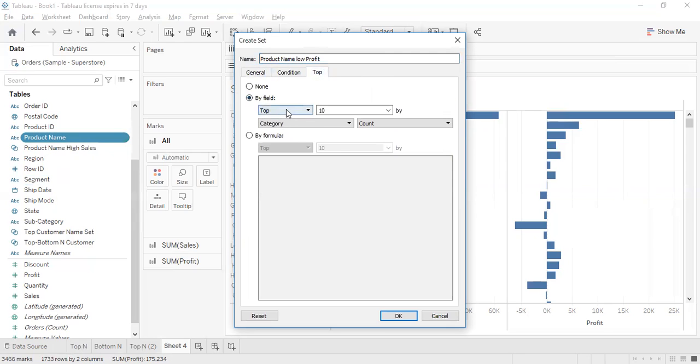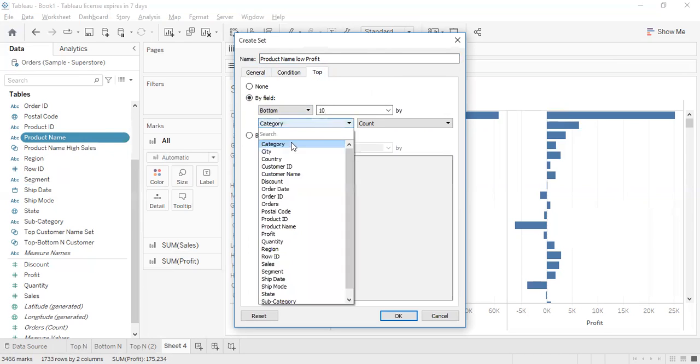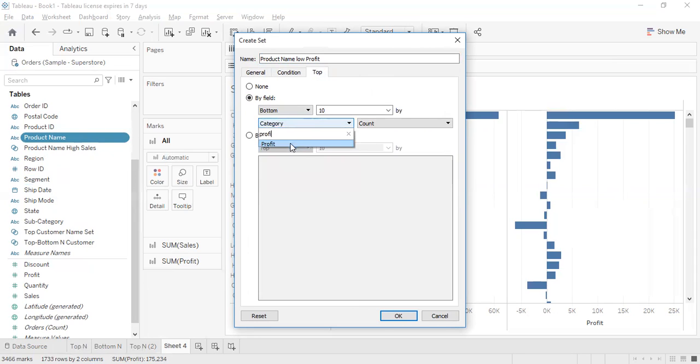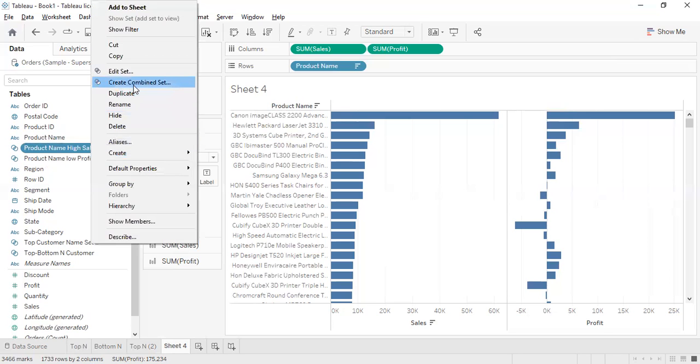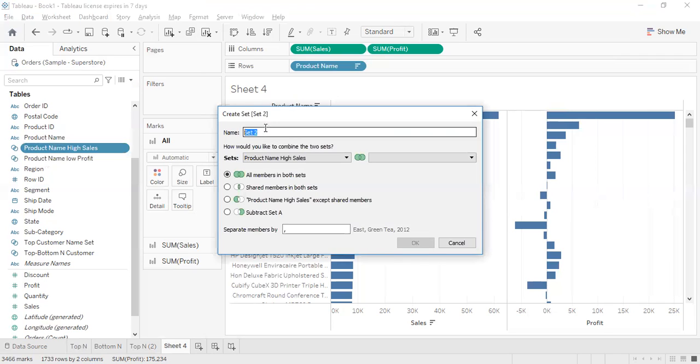Here, because we want low profit, I will pick bottom, correct? So I will select bottom profit, and sum. We can see the two sets are created. Now we have to combine them, right? Just click here and click on create combined set, high sales, low profit